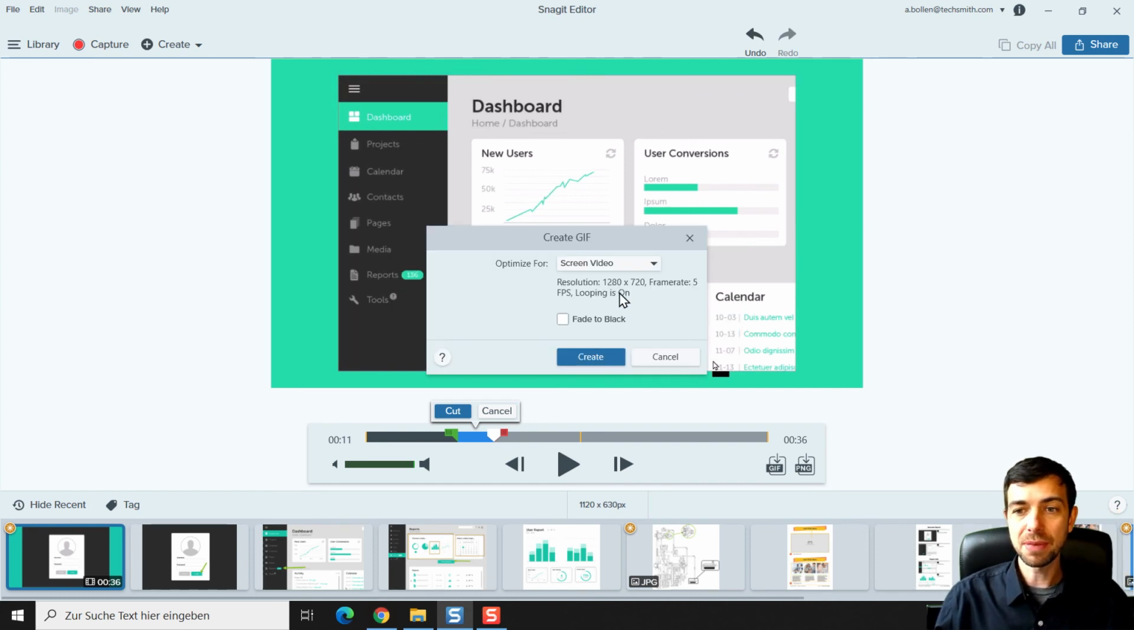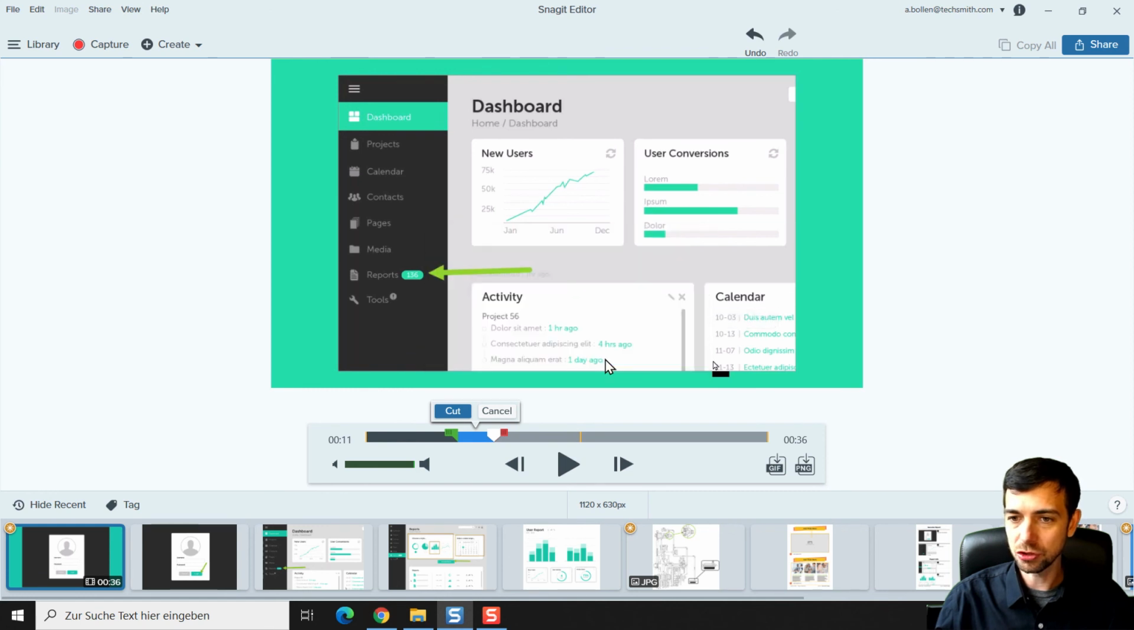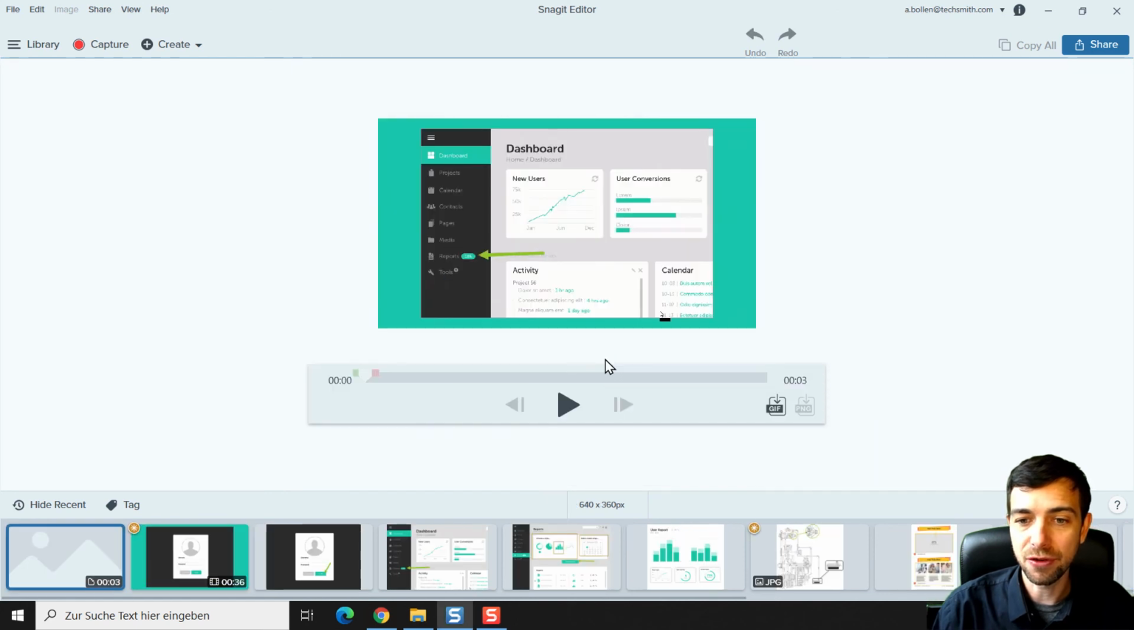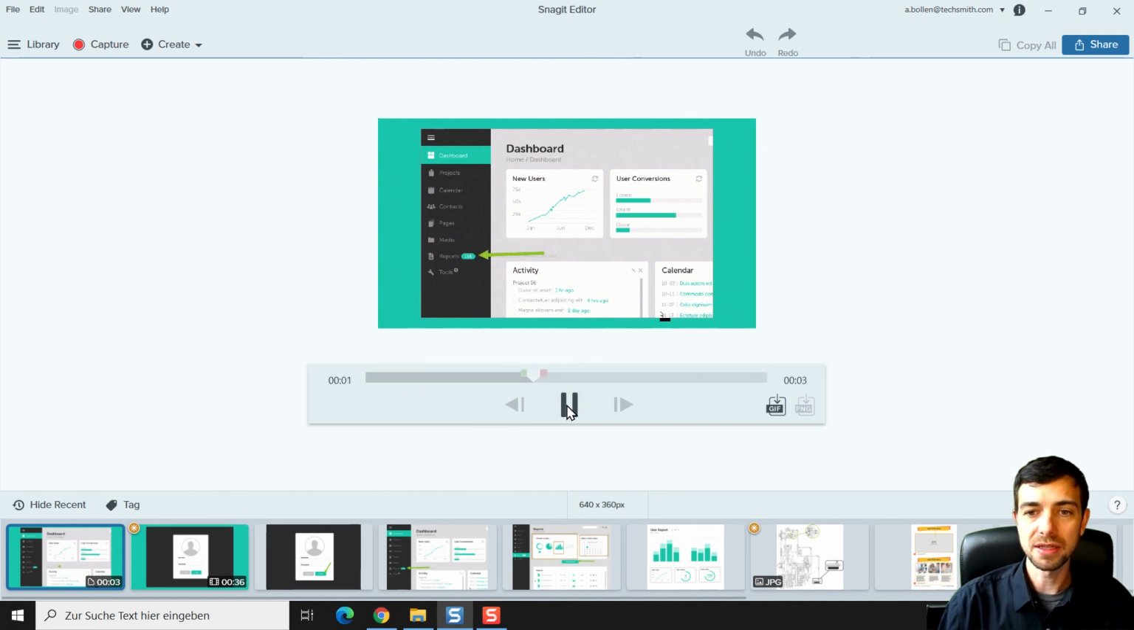Snagit will give me some basic options for how I want to do it. High motion, screen video. Let's go with high motion. And I'm going to click create, and Snagit will create an animated GIF file for that. Here it is. I can play this back. It will play back in a loop. And you can see how the arrow is being drawn on it at the beginning of the animation